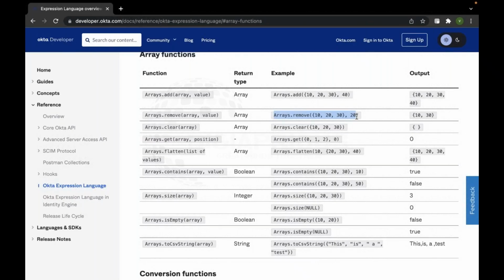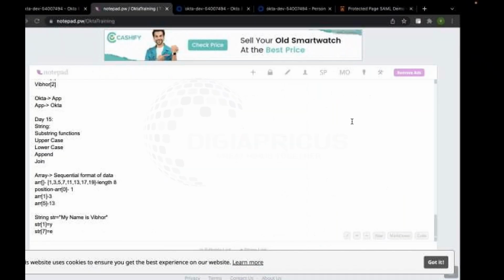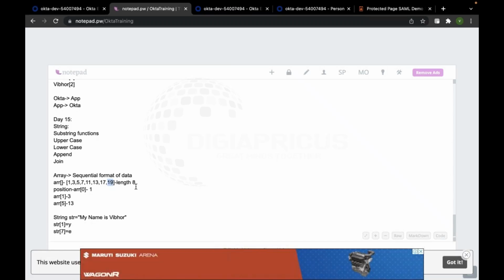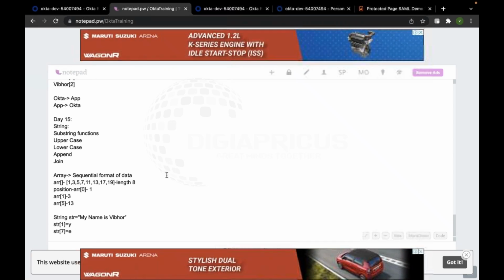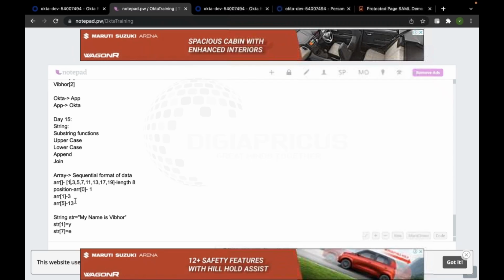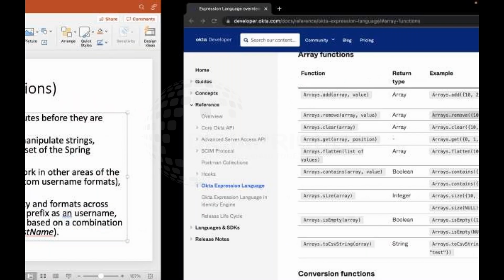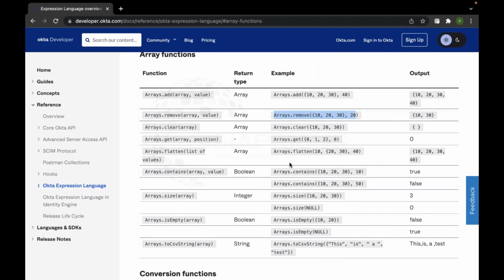But arrays and strings, the basic stuff I've told you, is something you should know. The position of the cell starts from value 0, so this will always be ARR 7. The last cell would always be length minus 1, because we are always starting with 0. Whatever our length is, our last index would always be one less, I mean the length minus 1. So both string and array start from value 0. Okay, so now if I come back over here,